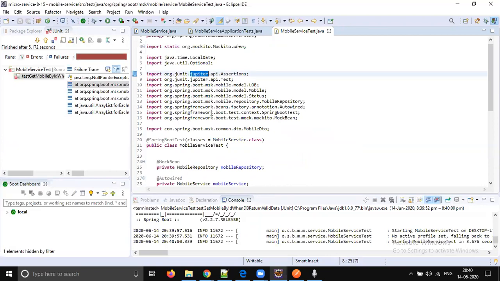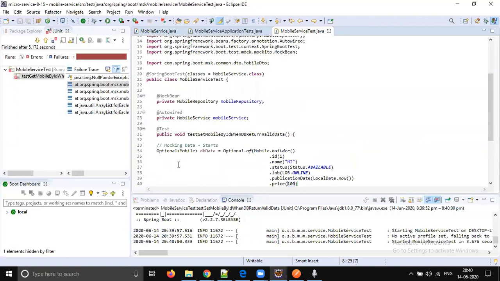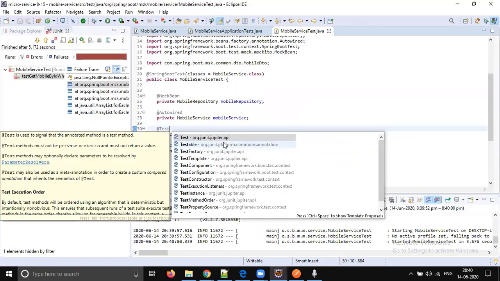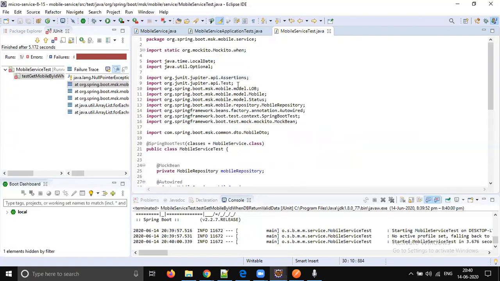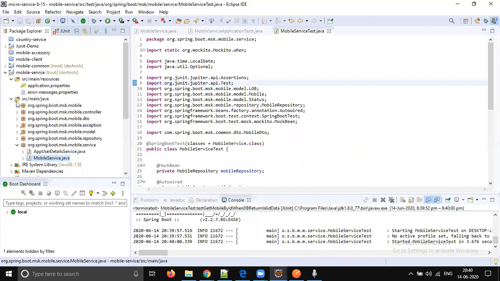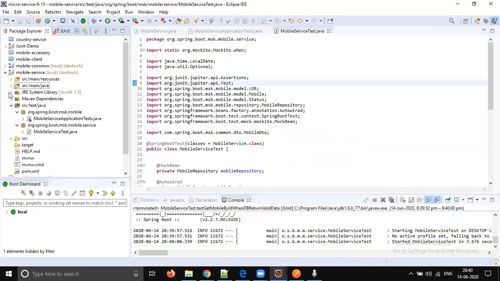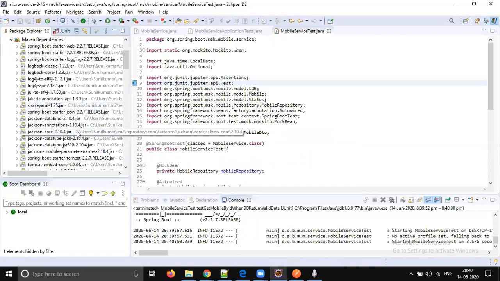Jupiter means 5, it's the Jupiter API. If you are not choosing Jupiter and go for something else, it shows some other library. So 4.12, where is it showing, in the libraries, Maven dependencies? Yeah, in the POM it is showing.